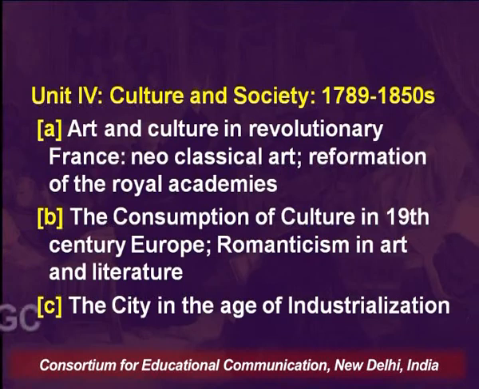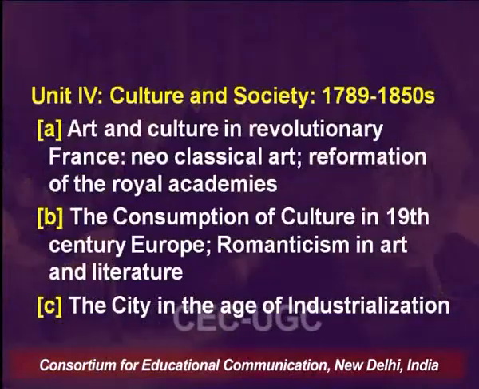So thanks to them. So my courtesy is to them. Then you have art and culture in revolutionary France, neoclassical art, reformation of the Royal Academies. This is what is studied as part of the cultural change, the change in the realm of intellectualism and aesthetics,